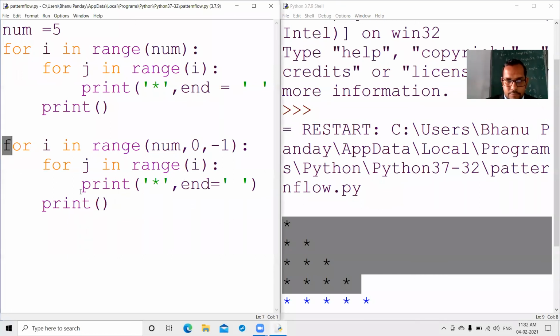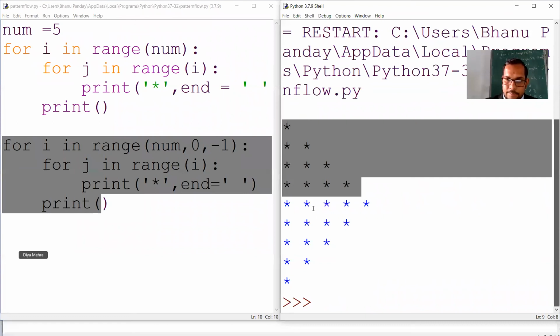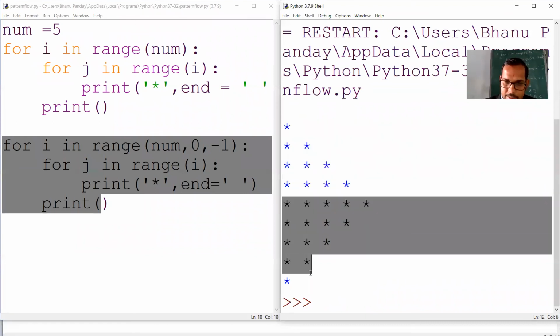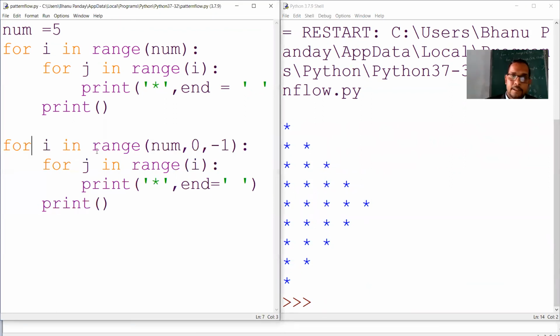The second part means this one line. This one line is to display the reverse star pattern, like this. How? For i in range num, and the value of num is 5, comma 0. This is the start value, this one is the end value, and then this is the step value.